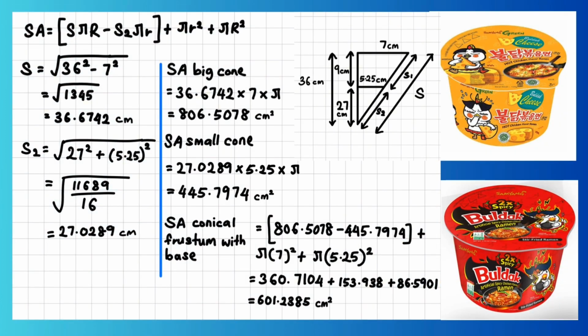Next, we need to find the surface area for the conical frustum. From the formula given above, we need to find the slant edge for the big cone and small cone by using the Pythagoras theorem. Then, after we get the answer, we need to find the surface area for the big cone by using the formula pi r S. Then we get the answer at